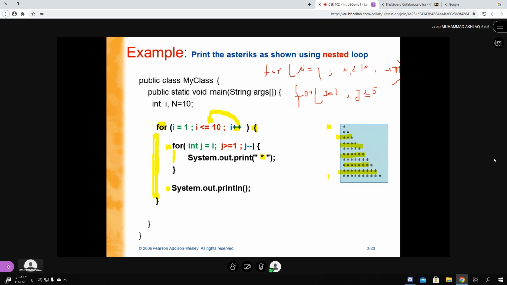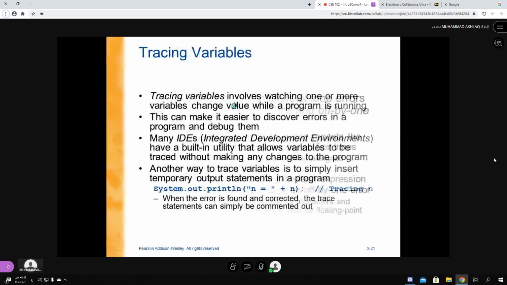This is 1 to 10. And j plus plus. Here is one statement. So how many times will it run? The outer loop runs from 1 to 10, that is 10 times, and each time the inner loop runs 1 to 5, that is 5 times. So 10 multiplied by 5, it will run 50 times, that is, this statement will run 50 times. So you just multiply how many times the outer loop runs by how many times the inner loop runs each time. Is it okay, gentlemen?